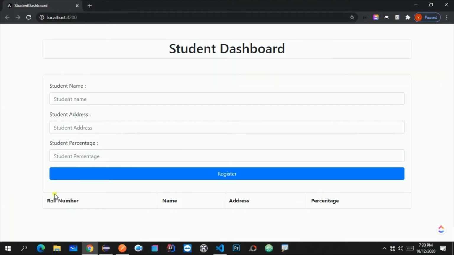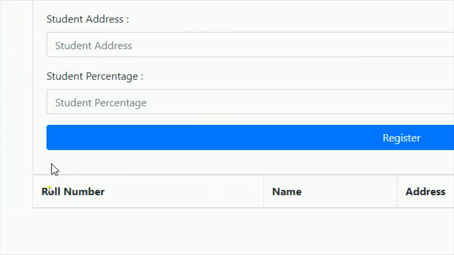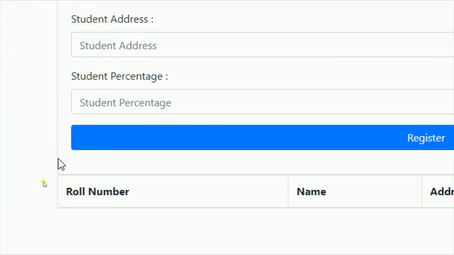Now we have all the columns, we just need to create the rows and show all the values in them. Again, we need to keep some margin between this registration form and these tables.